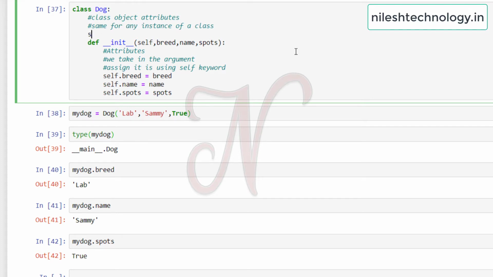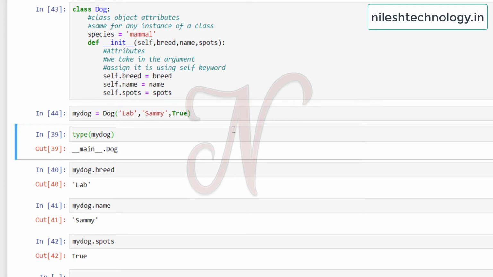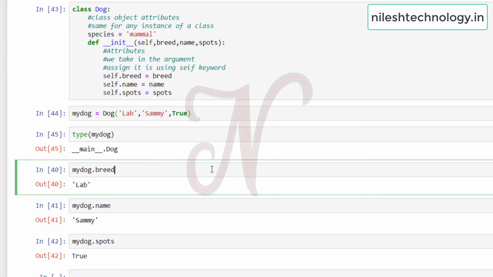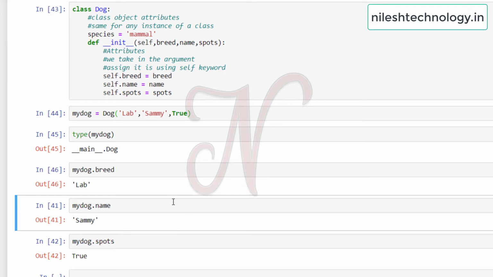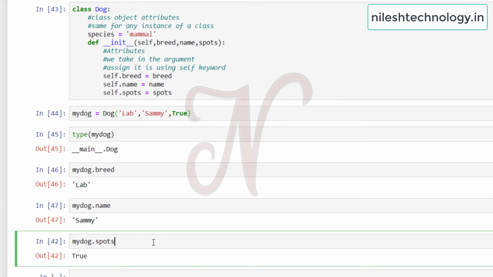Here we define species equal to, for example, mammal, and these are some parameters: breed, name, and spots. So after running this code, again my_dog equal to Lab, Sammy, True. So this is your type. Again my_dog.breed, name, spots.